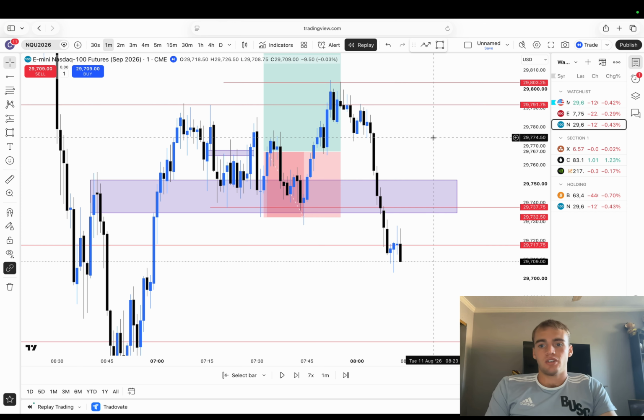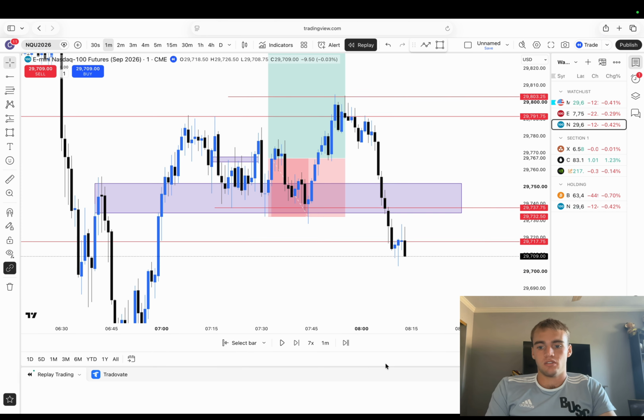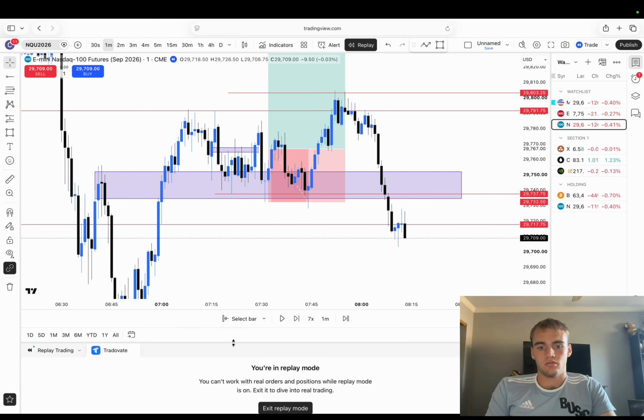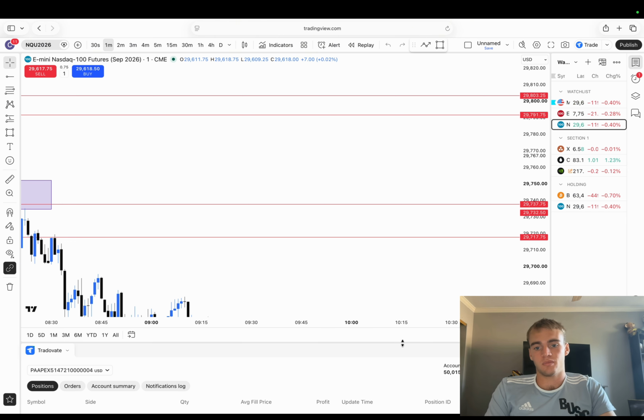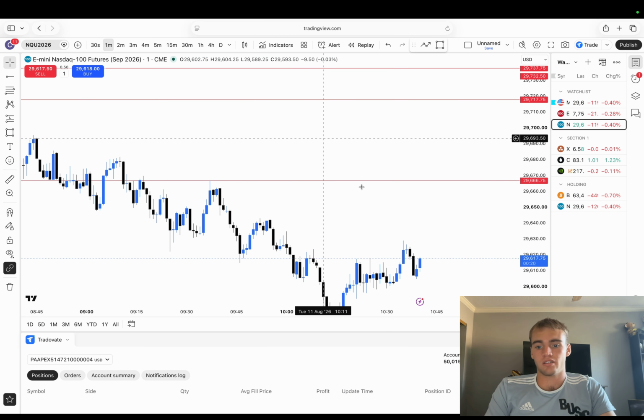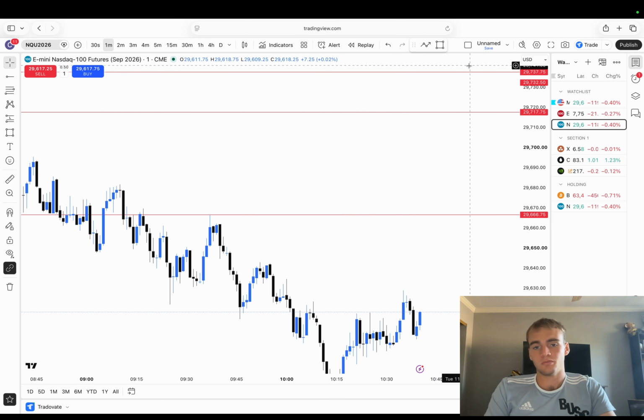I was a little bit hesitant on it, but it is what it is. So, minus 1100 on the day on the account. Does it show? No. I break even again on the account. I was risking like 900 on that trade, lost 1100 due to slippage, which kind of sucks, but is what it is.